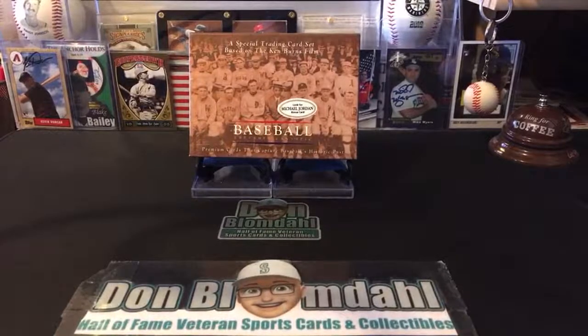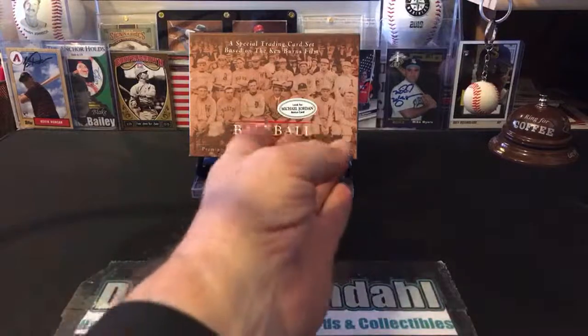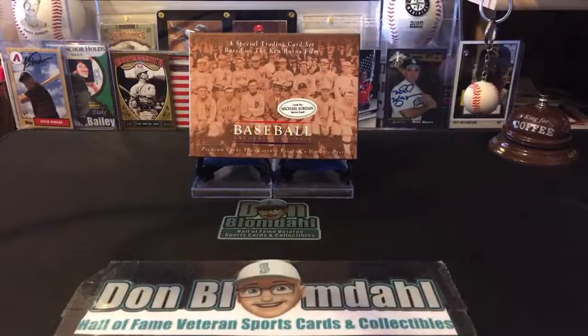2,000 cases. So let's see. These were only available via sets. So I guess if there were 2,000 cases, 2,000 times 60 equals, so I guess there was a short print of 120,000 cards, which is not a big run. Well, I mean, it's a lot. It's a lot of sets of baseball cards. But interesting. So were there inserted